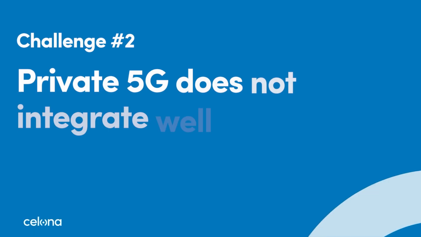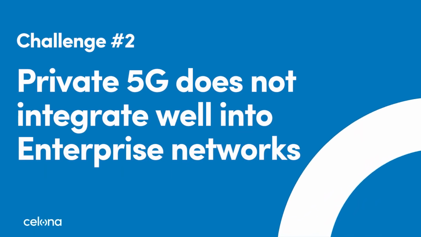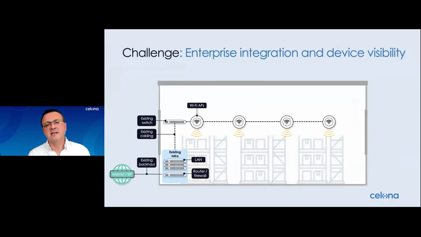To understand this better, let's look at how two different architectures fit into an enterprise network. Here I'm showing a simple description of a typical enterprise local area network. You can see that it has typical elements like Wi-Fi access points connecting to existing switches through existing cabling. And these access switches connect to distribution and core switches, which then connect over the router and the firewall to